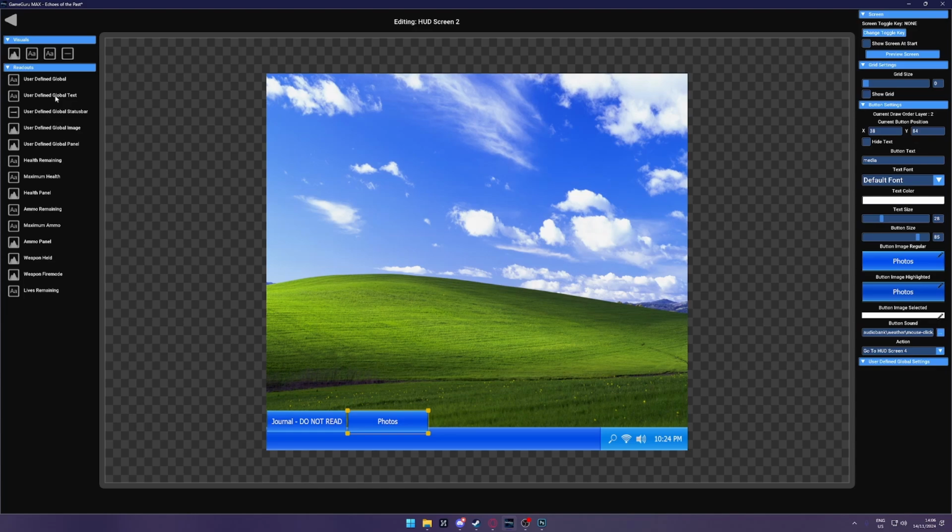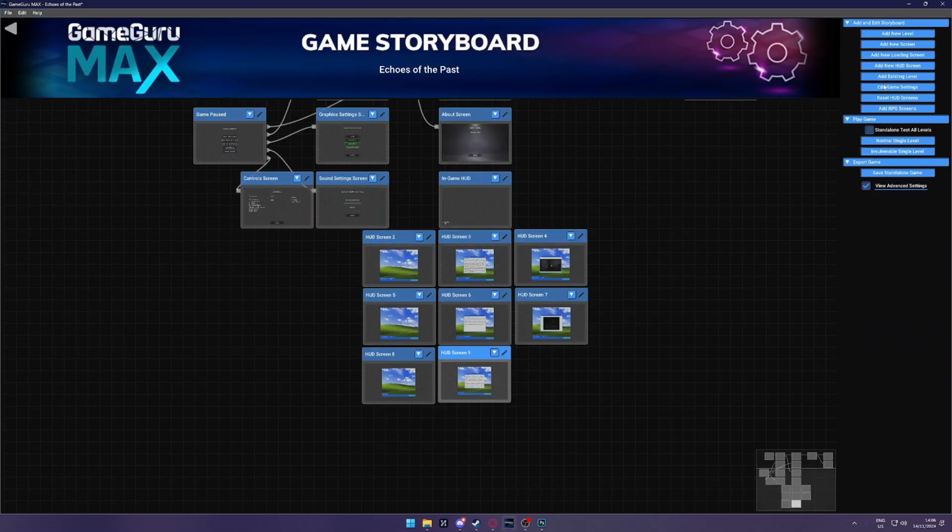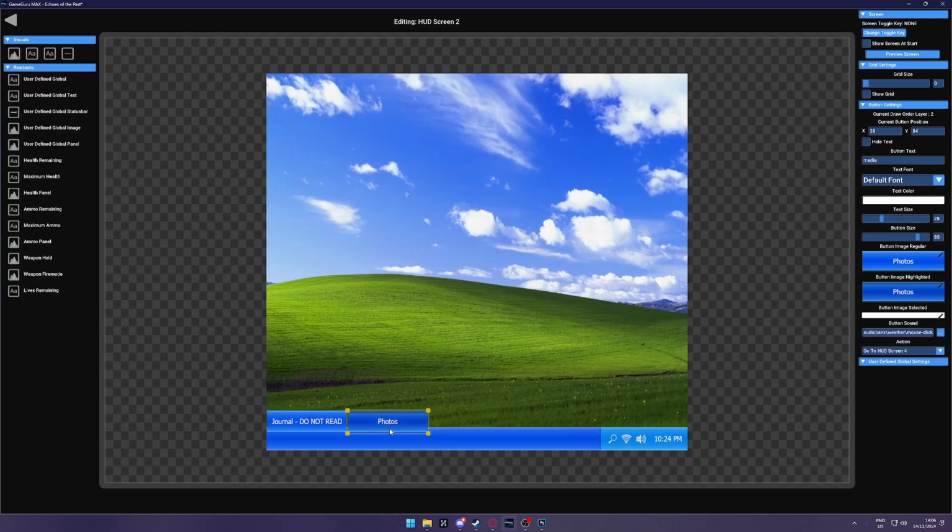And all you need to do is add a second HUD screen, or I guess a third HUD screen, and just make it so when you click this button it opens HUD screen, whatever, 10, 9,